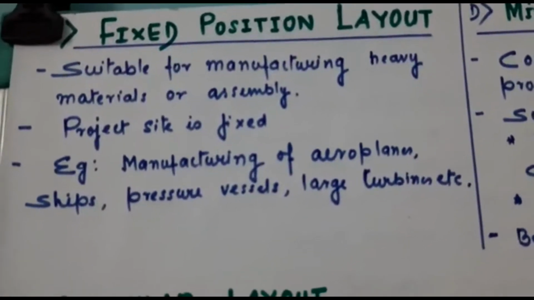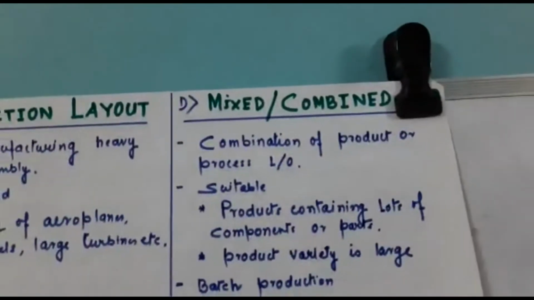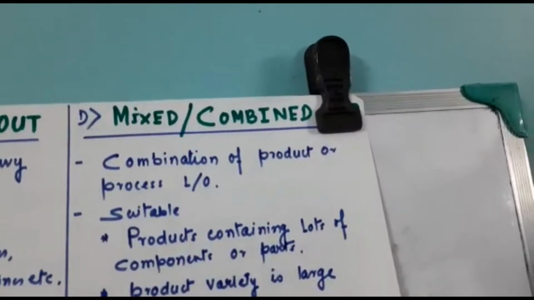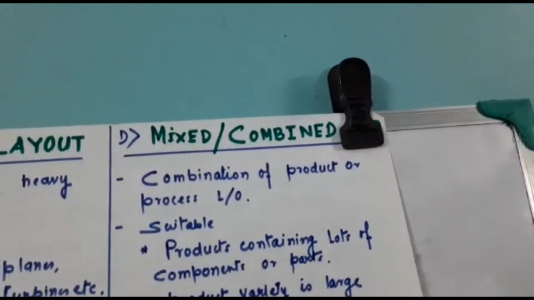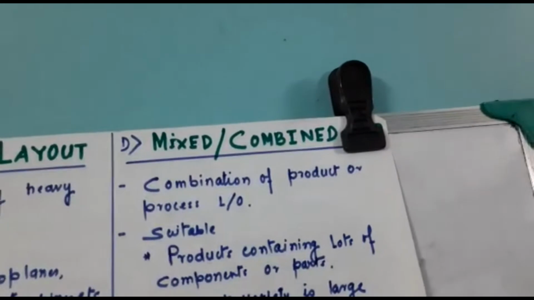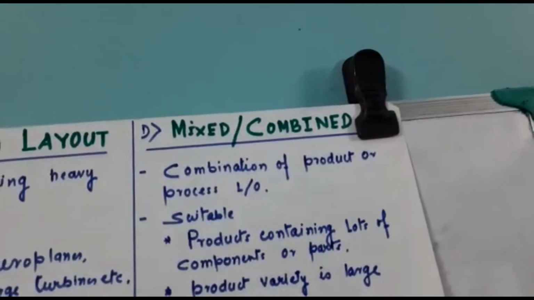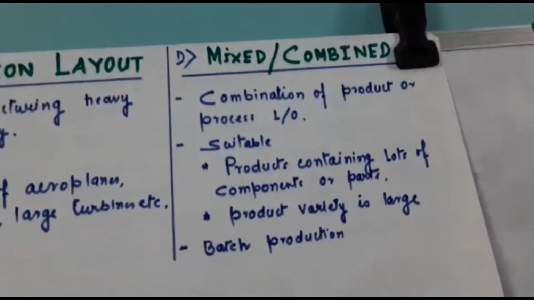Okay. Fourth is mixed or combined layout. So as the name suggests, we can understand that it is a combination of product and process layout, and it is used when the company's product contains a lot of components or parts and product is required to be produced in different types and sizes. Since